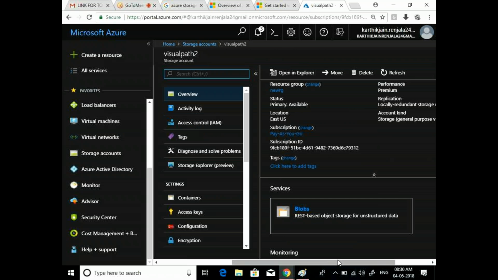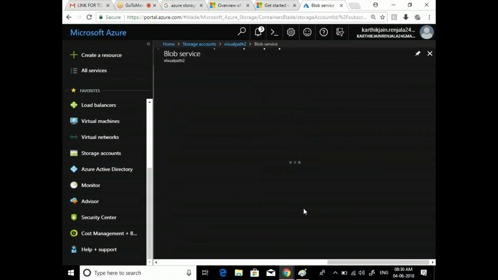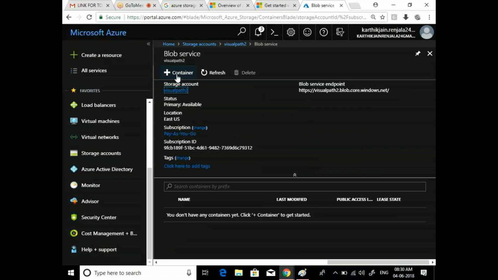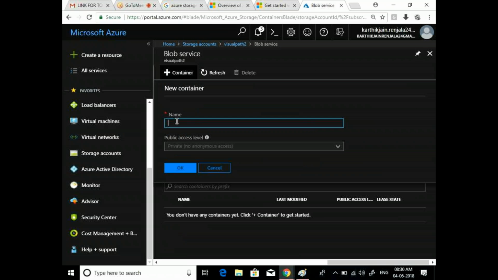If you see here, you don't have options for services. You have only one, blobs. Similarly, as in standard storage, where you create a container, here also you should create a container. Otherwise, it will not allow you to dump data into this particular storage. Let's say I'm going to create a container. If you see this, you have all these public access level options. Access policies are disabled. Private, blob, and container are the standard access policies. But in premium, there is no such access policy, only one called private, which means you can only see this data. So I'm just saying okay.